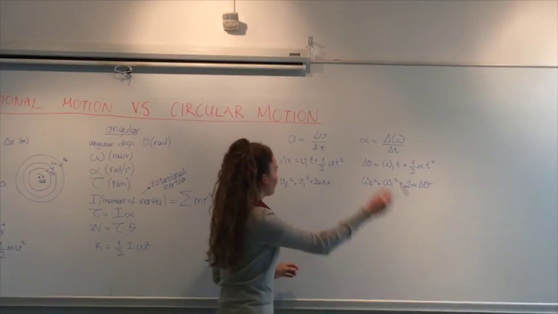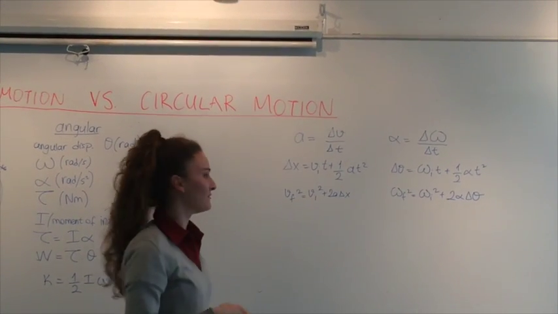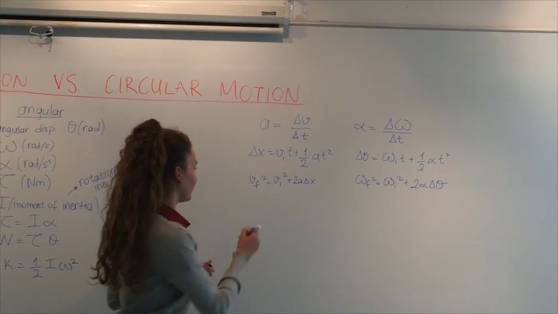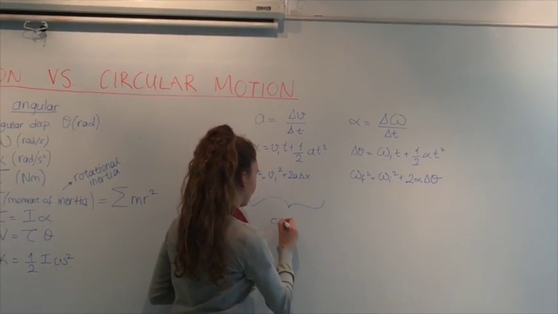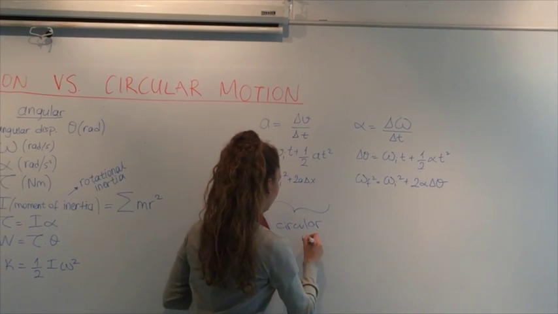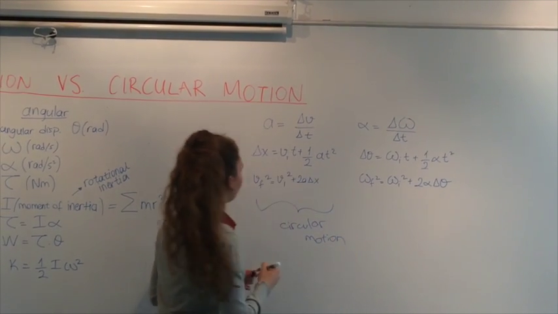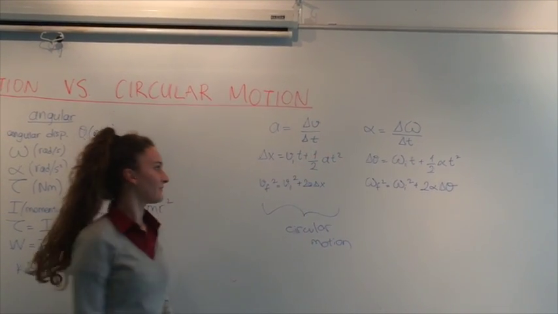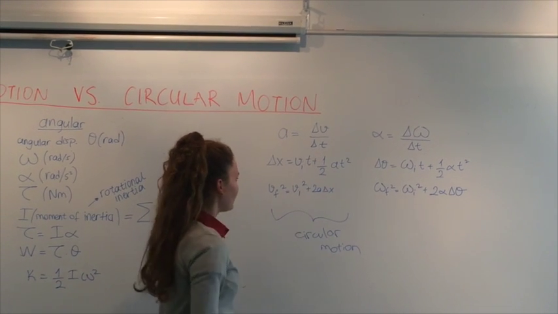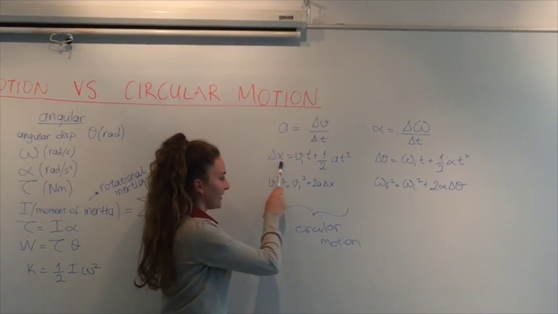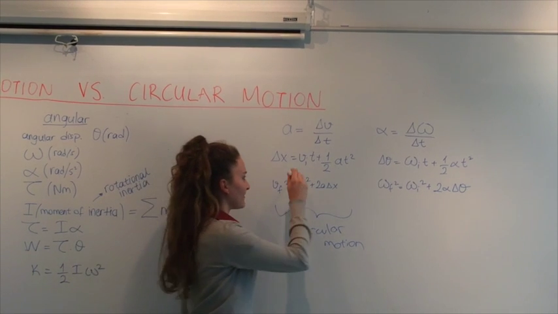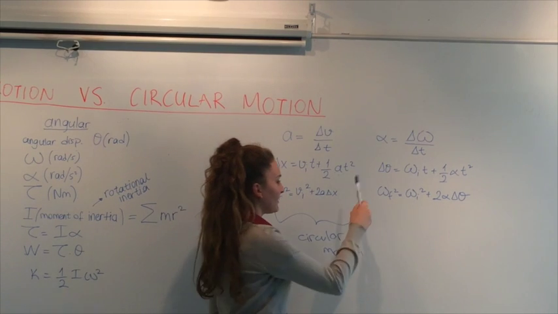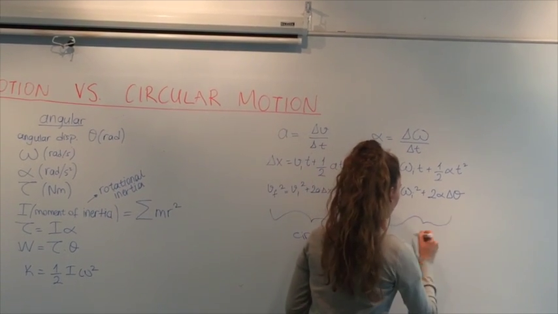If we want to derive equations from what we already did by comparing those two motions, we can find that in circular motion, which is right here, the acceleration equals delta v over delta t, which is the rate of change of velocity. And then the delta x, which is the displacement, is v initial t plus 1/2 a t squared. But in here, which is the rotational motion,